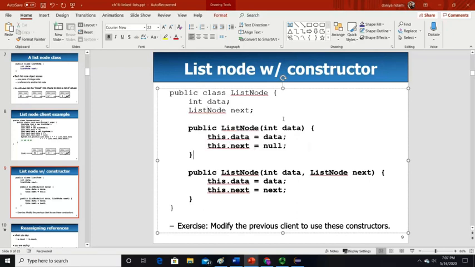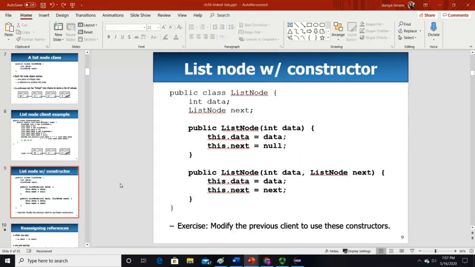The first constructor is just asking for the data value, so this will add the value at the end of the list, and what it will do is make the address null. It means that this list node is the last node. And for example, if you want to add a value in the middle somewhere, then you need to adjust the address as well. So that's why we have two constructors. This one is taking the data value plus the address for the other list node.